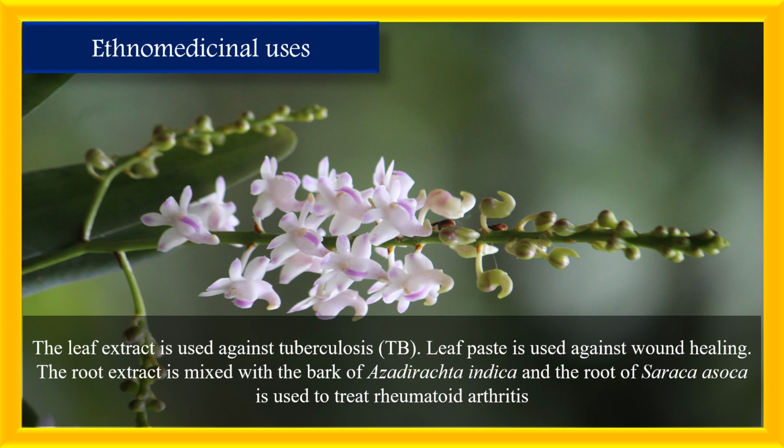So now we come down to the ethnomedicinal uses. As you can see, this particular orchid has one of the most fragrant characters. Apart from that, it has some ethnomedicinal uses, like the leaf extract. Leaf extract is used against tuberculosis, also known as TB, and sometimes the leaf paste is used for wound healing. And from other literature, I have also found that the root extract is mixed with the bark of